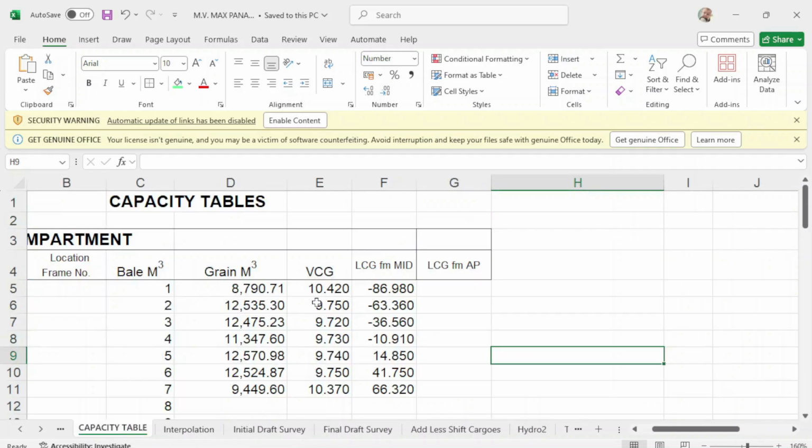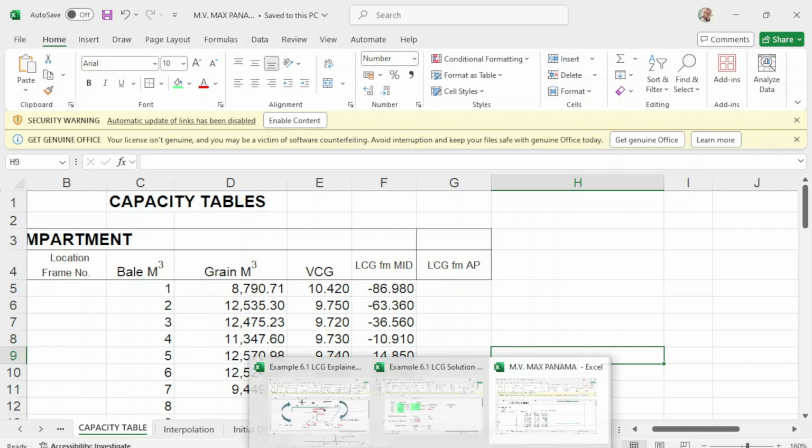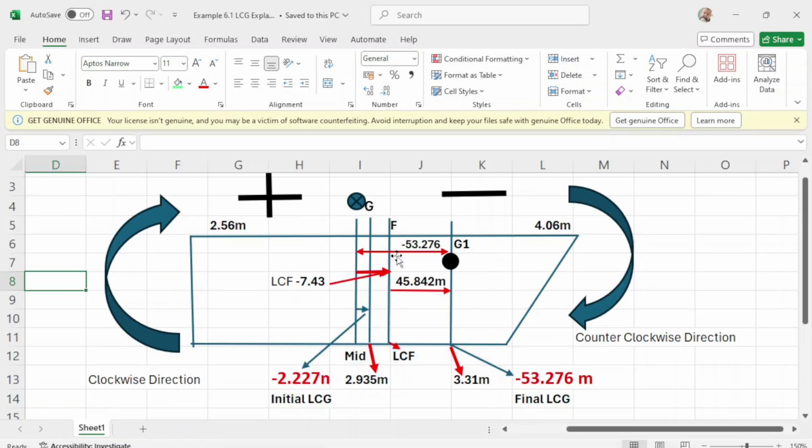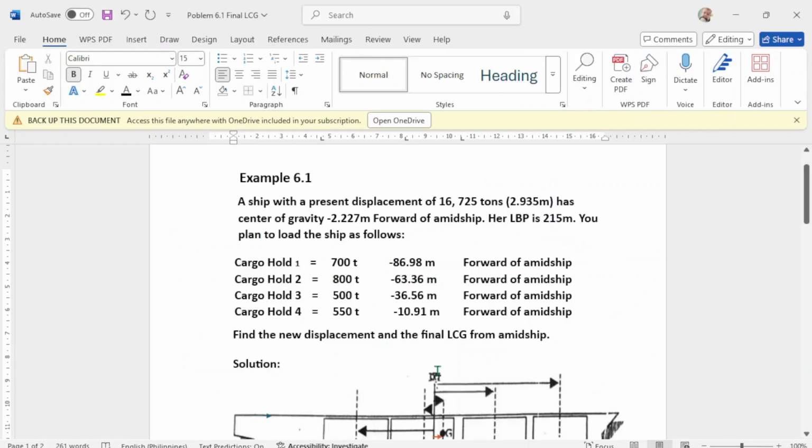You see the LCG from hold 1 to 4 is all negative, and number 5 is positive, 6 is positive, 7 is positive. So from 1 to 4 it's negative, meaning all cargo holds are within the forward part of the vessel. Okay, so let's proceed. I hope that's clear.